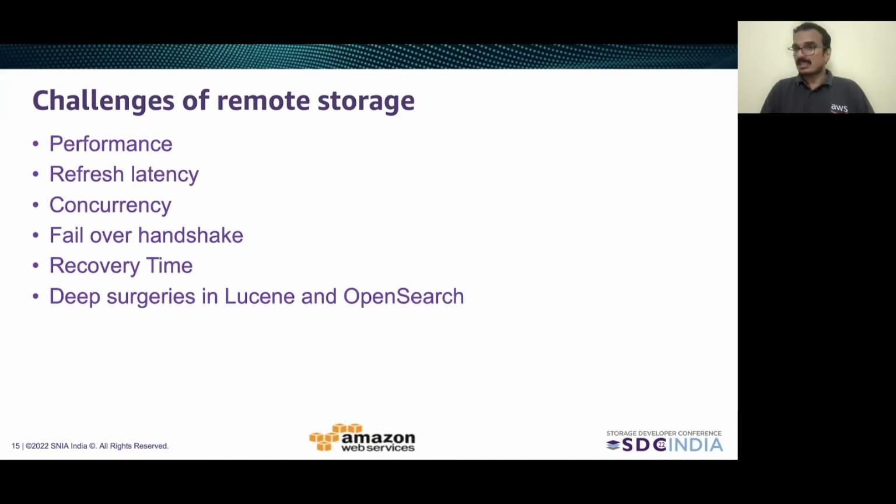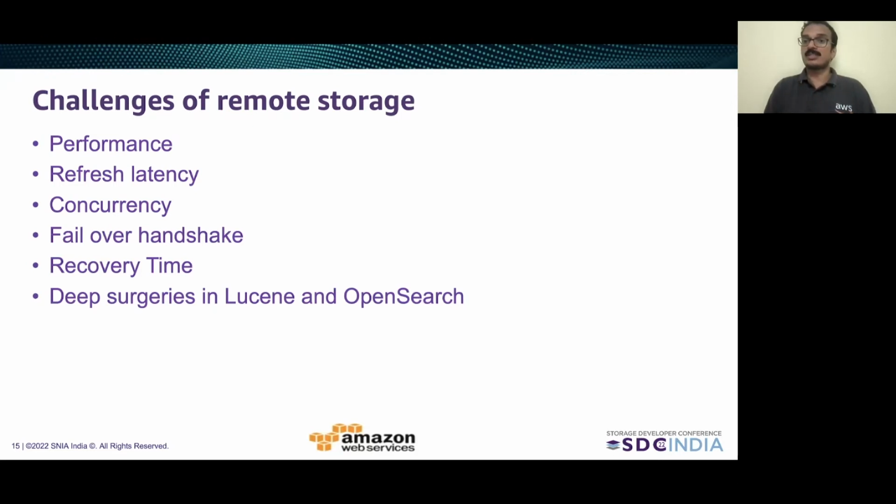Recovery time is another concern. In the previous case, the replica node always had the local copy of the index and the local translog, which it was indexing all the time. So it was easy to fail over. When you fail over, all the data is available locally. But in the case of remote storage, the incremental data might have to be fetched from the remote store to recover to the latest point. The other challenge is this is a huge